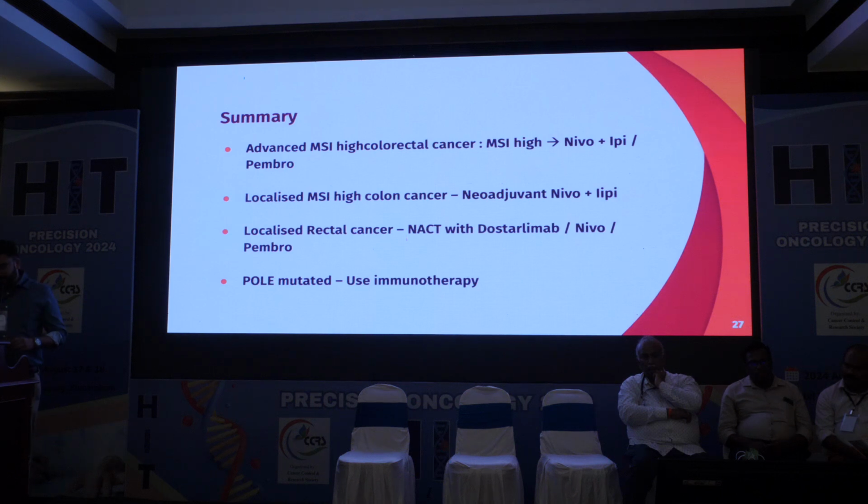This is a summary. So if you have metastatic MSI high colorectal cancer, right now the standard of care is giving immunotherapy. You have pembro and you have nivo plus EP, and I think nivo plus EP is just slightly better. In localized MSI high colon cancer, you have the option of neoadjuvant nivo plus ipilimumab, but again this is mostly in T4B patients officially, we need more data, the phase 3 data to see whether you can skip adjuvant or not. In localized rectal cancer, there is an option of NACT with dostarlimab, nivo or pembro, and patients who